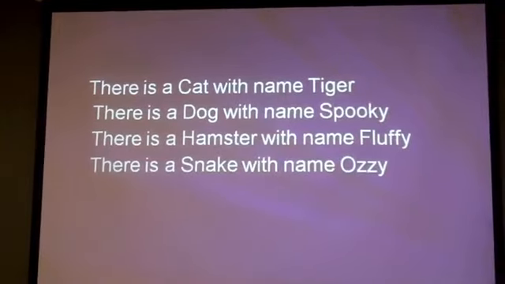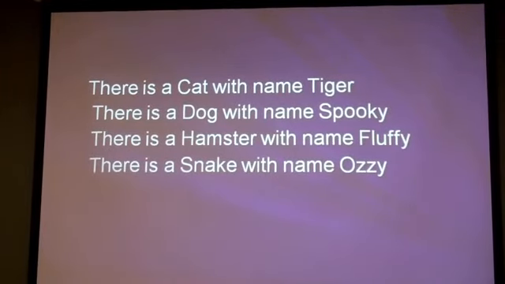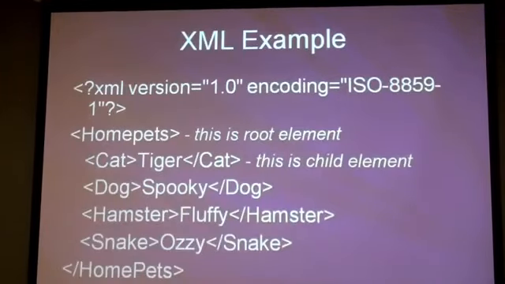So if, with the same data, I put this information into the XML format, it might look like this. First line is definitely an XML declaration. That's the first header. And then we're going to talk about this home element, but you can ignore it for now. I'm saying cat, dog, hamster, and snake, and then I give the names. So you see that if I copy this information and send it to my friend, then